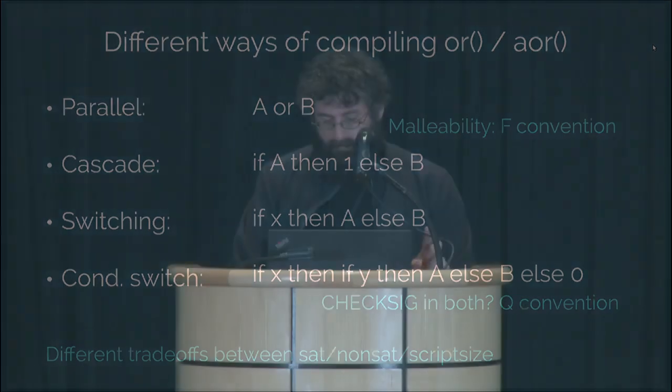Yep, a few more things. I told you earlier I'm trying to avoid malleability. In order to do so, the problem is if you look at the switching OR, there's really two ways of making it not succeed. I can tell you A is the one that's going to not succeed, and then give an input that does not satisfy A, or I can tell you B and then give an input that does not satisfy